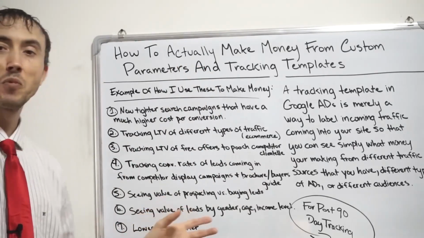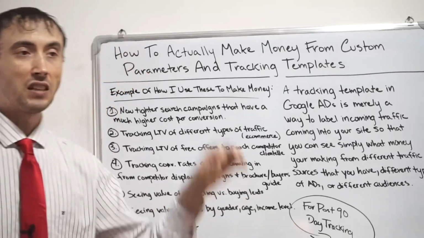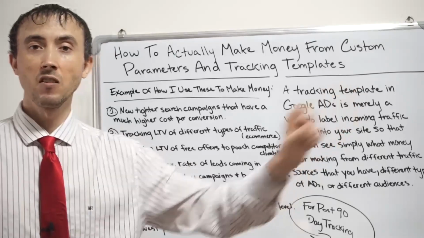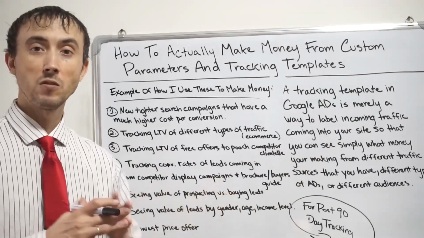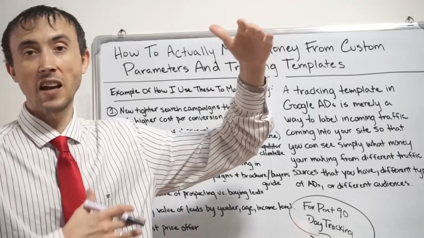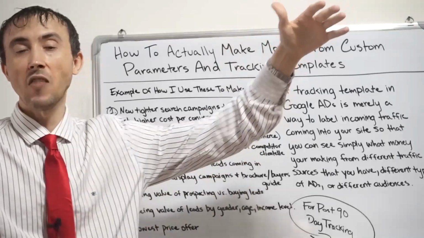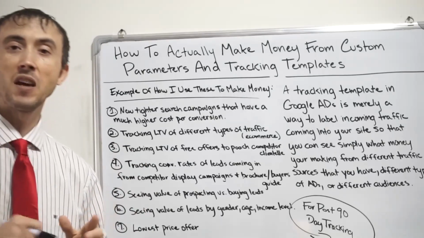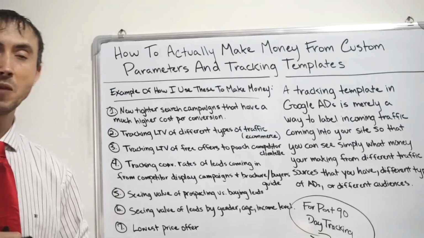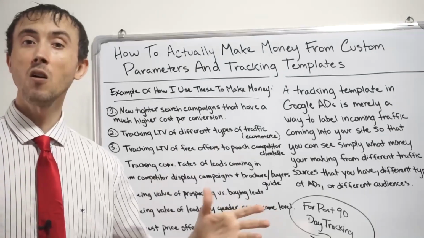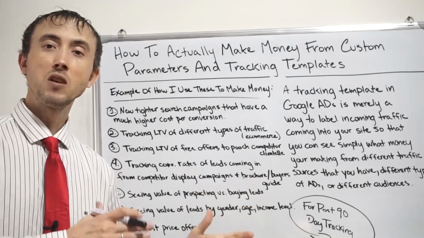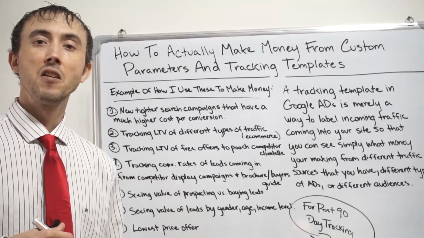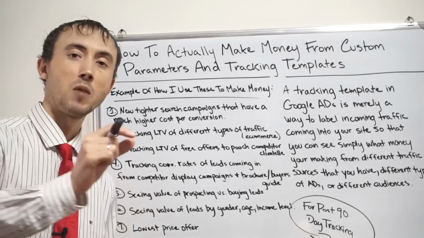You just have to set up a tracking template at the campaign level, set the campaign to where you're targeting, let's say, the top 20% of income demographic, and then set all your other campaigns so it's basically tracking all income demographics, and then just compare the two. What's the value of the lead if they were from a campaign that was just targeting the top 20% income demographic versus everybody else? And then you'll know whether or not you should be targeting the top 20% of income demographic or not, based upon the closing rate of the leads you get from the top 20% income